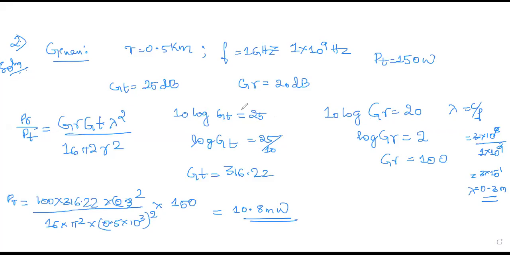Why are we converting here, ma'am? Because dB is not the normal value. You plot the dB in terms of frequency when you need something in terms of power. dB is used when you have to find something like 3 dB below the line, or in terms of 20 dB or 40 dB. That time we go for these gain conversions. Since this is directly related to your normal parameters, you cannot substitute dB for gain. So first you have to bring it back to the normal value. If you want, you can convert the power also. So whenever a dB value is there, just change it to normal values.